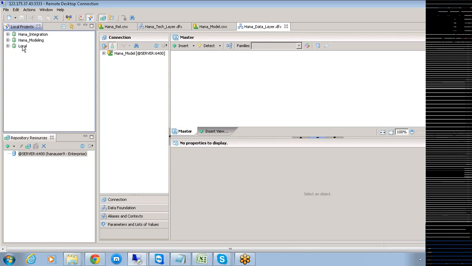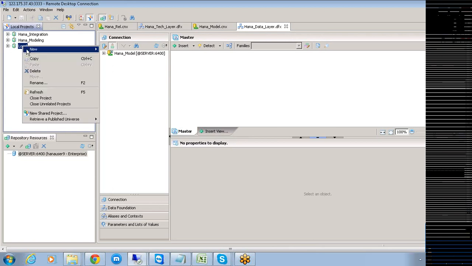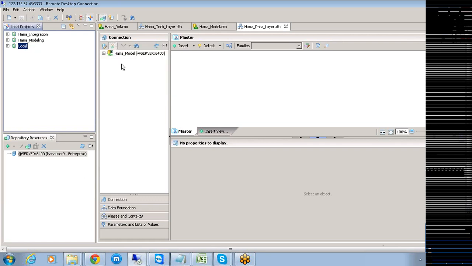Once the project is created, we need to start creating a connection. For that, I told you there are two types of connections you can create. Either the relational connection or the OLAP connection. The OLAP connection is for the multi-dimensional cubes and the relational connection is for the two-dimensional tables. So when you click on this relational connection,